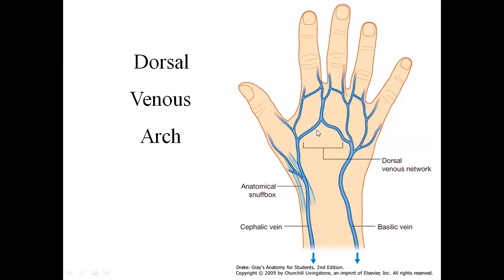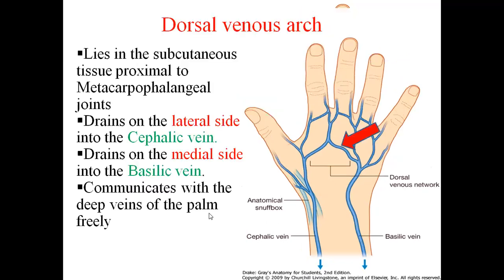The dorsal venous arch's continuation on the lateral side is the cephalic vein. You can see the direction of blood flow. It's moving towards the heart. Similarly, the dorsal venous arch on the medial side, on the little finger side, is moving towards the basilic vein. Okay, now this is our dorsal venous arch. Try to check in your own hand. You will find it very interesting. You can see the dorsal venous arch, digital veins, and metacarpal veins.